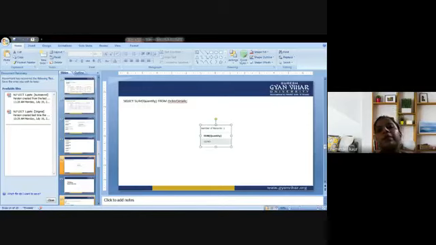So next we are supposed to deal with the LIKE operator. LIKE, as the name implies, is used in a WHERE clause to search for the specified pattern in the column. There are two wildcards often used in conjunction with the LIKE operator. The percentage sign represents 0, 1 or multiple characters, and the underscore sign represents 1 single character. MS Access uses an asterisk, that is star, instead of the percent sign and a question mark instead of the underscore. So this is the basic difference between MS Access and SQL.